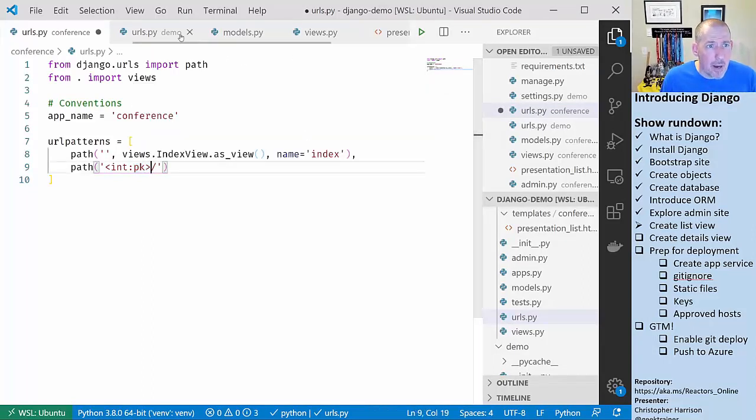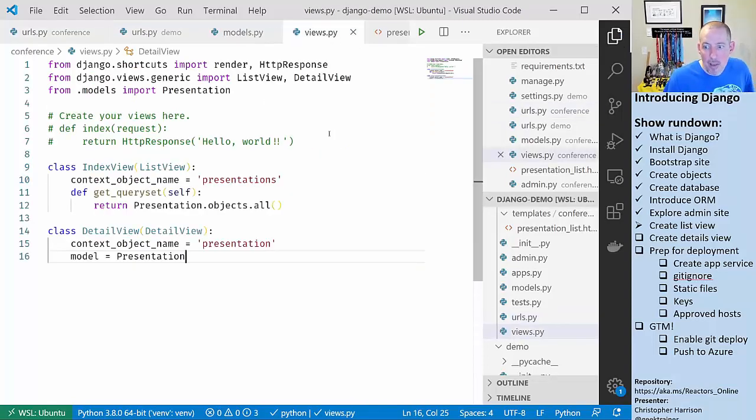And let me come back over here real quick to my views. I want to make sure that I show that code. Thanks for calling that out. Right here, you're going to notice here's my new detail view. Set up my context object name just like I did before, and I just set my model. Okay, again, no code